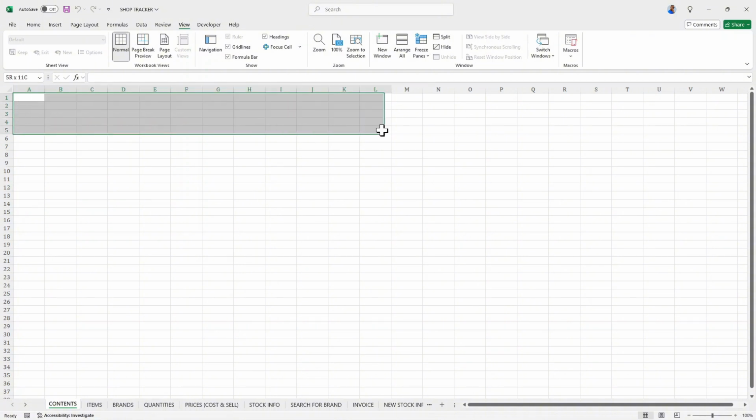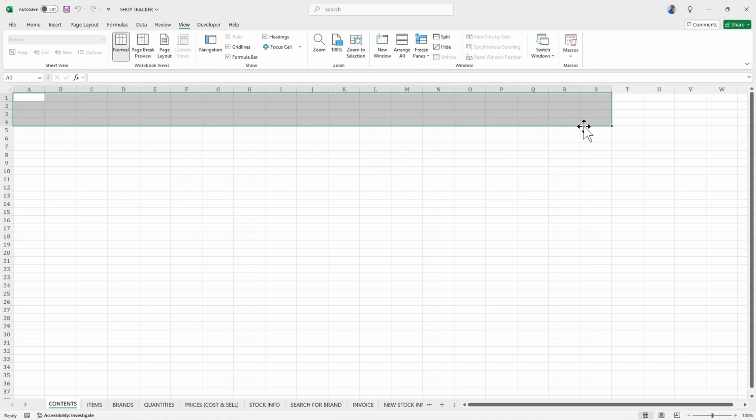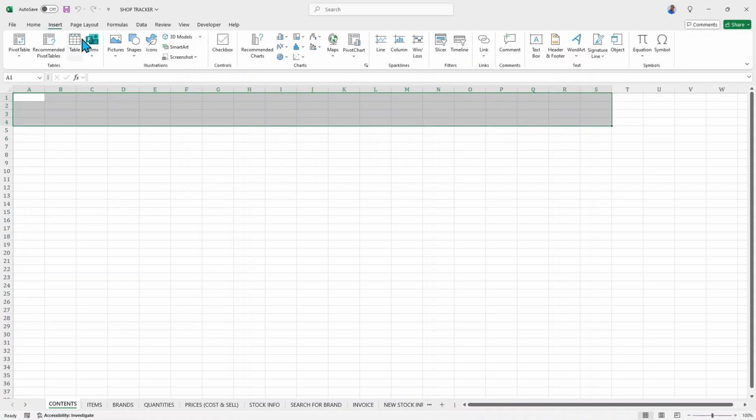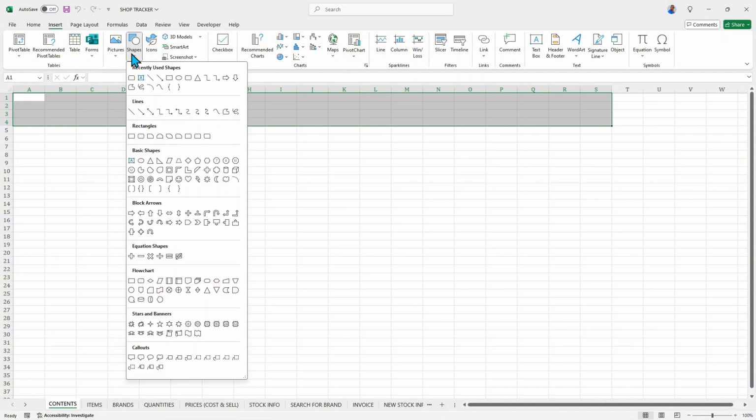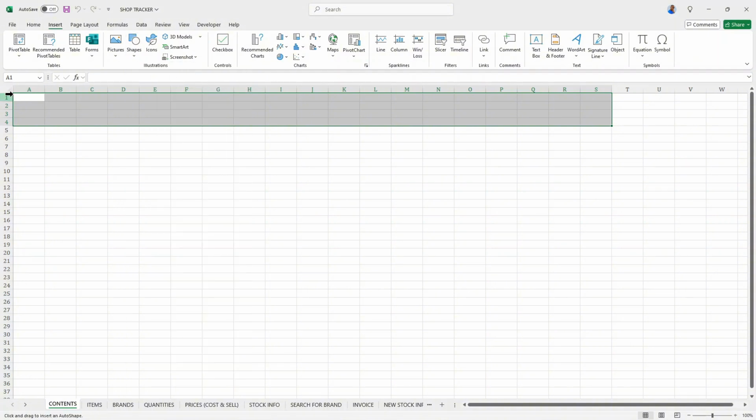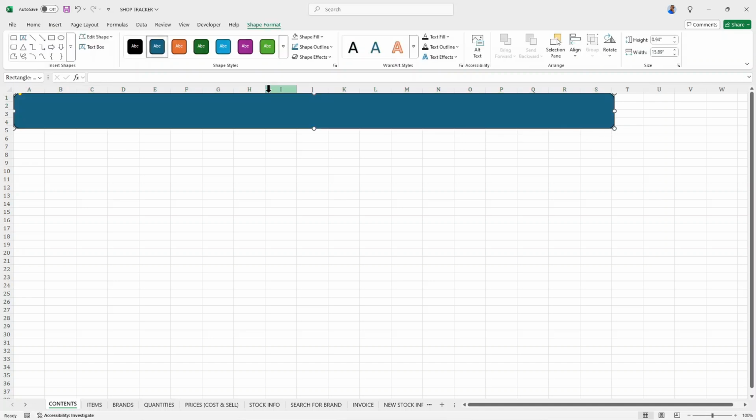So content, let us create a mini heading for it. And now let's insert a shape. Let's insert a shape for it. So to do that, let's draw a nice beautiful shape. A nice beautiful shape. And also let us rename it to content